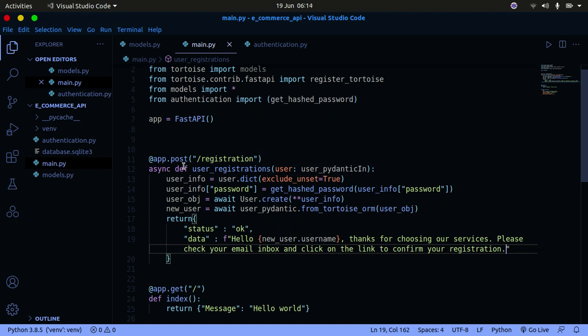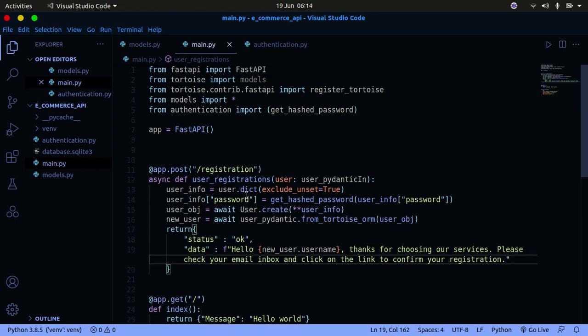So now that the user is going to be created, you're just going to inform the user that their account has been created and that they should check their email. So now that you have written that function to let the user know that you have sent them an email, you're just returning to the user that they should check their email after they have registered. Okay, great. So now that we have that, let's now write a function to create